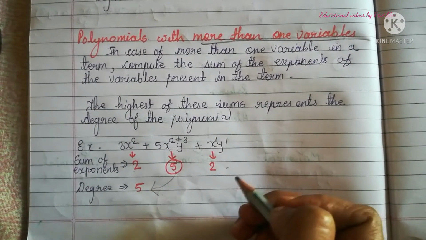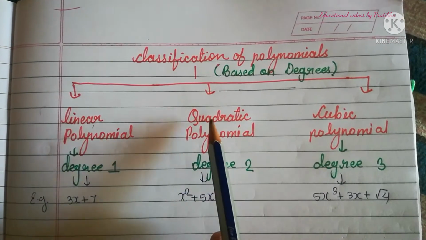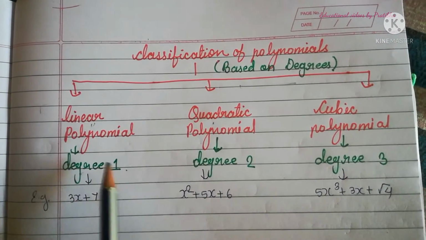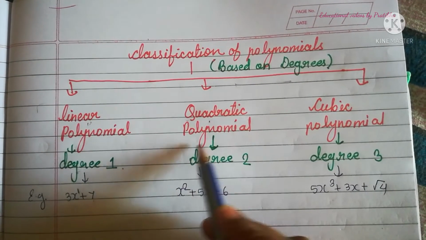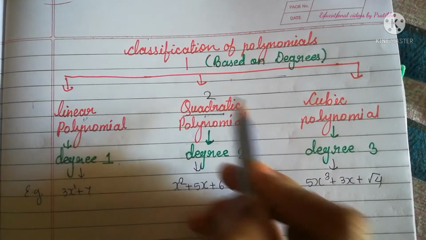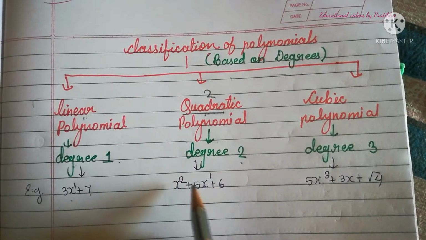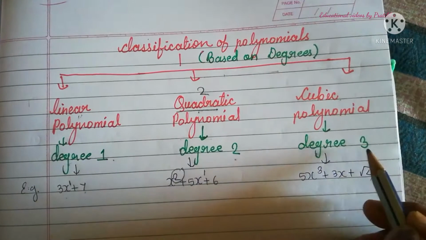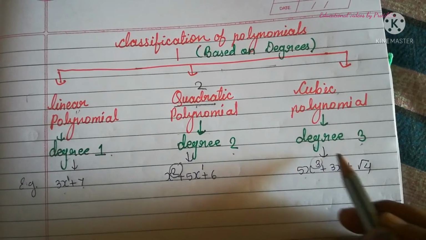So based on degree, polynomials are classified as linear, quadratic and cubic. Linear polynomial means its degree is 1. Quadratic polynomial means its degree is 2. Quadra means 2. So the highest degree will be 2. And cubic polynomial, here the highest degree will be 3. Like in this example, the x variable is having